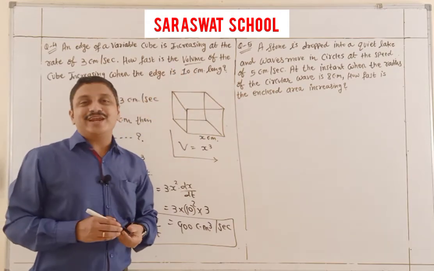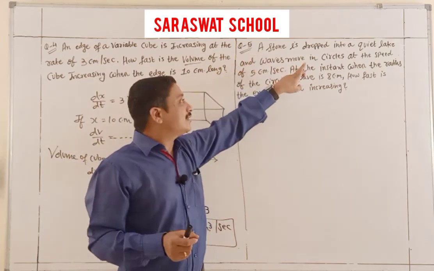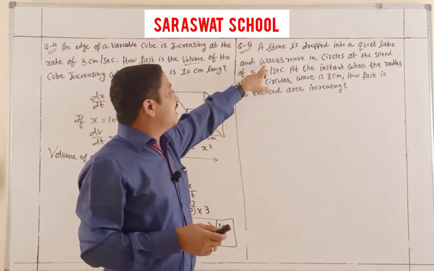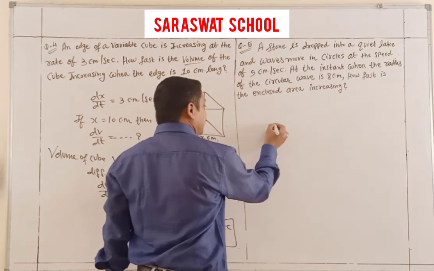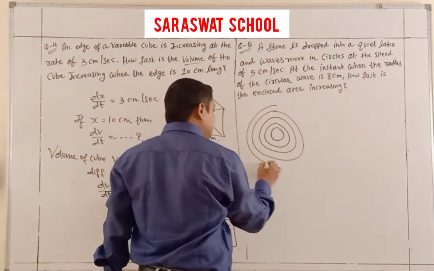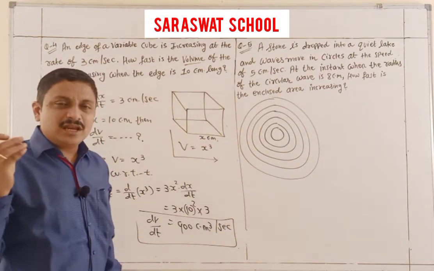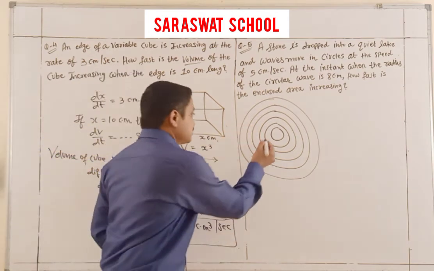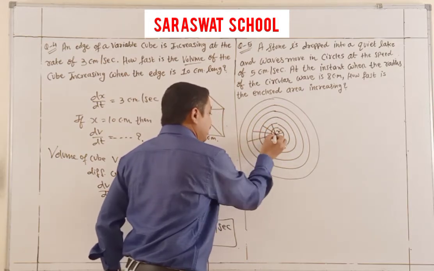Now, question number 5. The fifth is also a very interesting question. The question is that a stone is dropped into a calm lake. You know that, stepping a stone? Yes. And waves move in a circle. That type of wave is made. There is one circle, then another, and these are the many circles. In just a few seconds, they move, one radius, next another radius, next another radius, infinitely many circles.